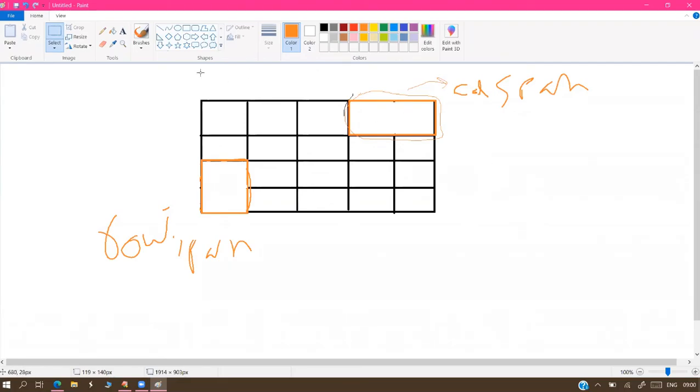Directly simple, sir. Displaying the common heading. So here what we are writing becomes a common heading for these two columns. And this is the common data for these two rows. So multiple rows, common data; multiple columns, common heading. That is called the colspan and rowspan options. Very simple process.